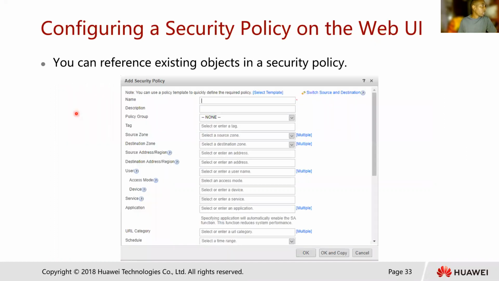So that is how you do a schedule. Also, how do you configure a security policy? You remember what we did with a policy? We had